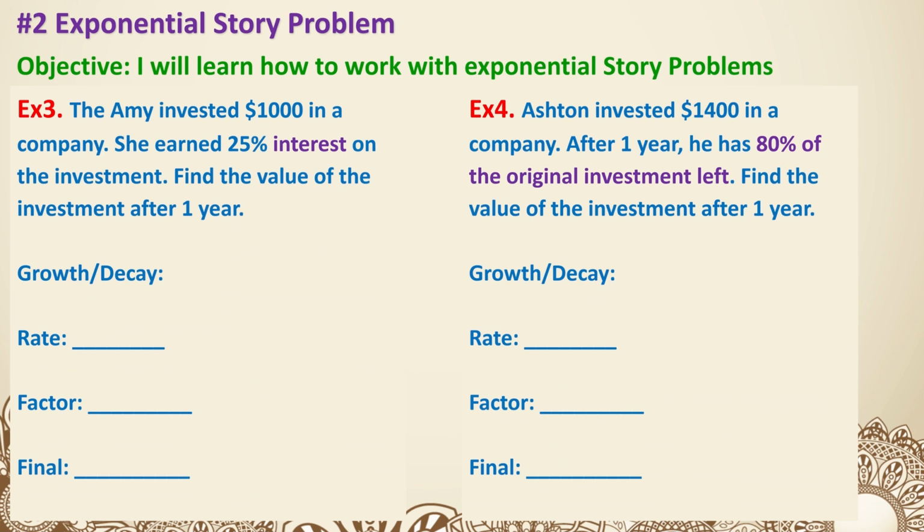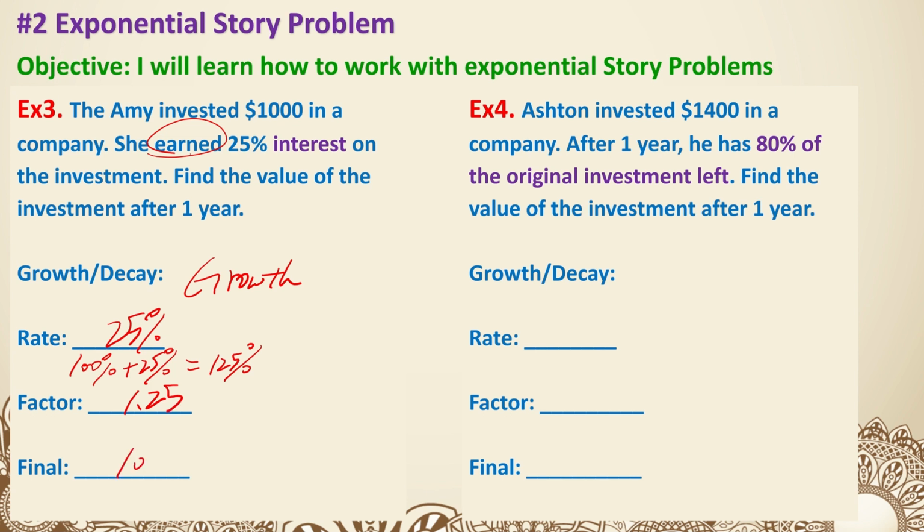Example 3. Earned 25% interest on the investment. Interest typically is on top of the original price, so you earn extra. That means it's going to be growth. And the extra part, which is the interest, is your rate, so 25%. And to calculate a factor, because it's growth, it's going to be 100% plus the extra 25%, which makes it 125% or 1.25 in decimals. Final is going to be 1,000 multiplied by our factor, 1.25, which makes the final